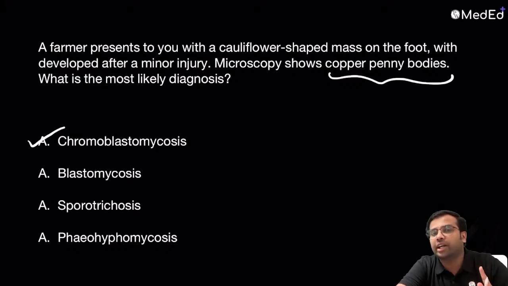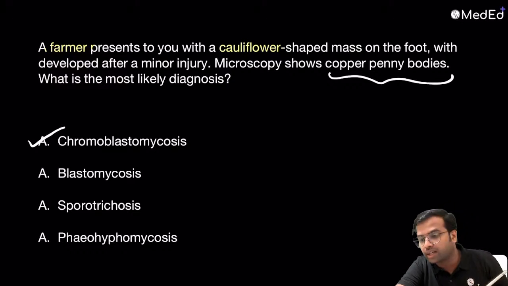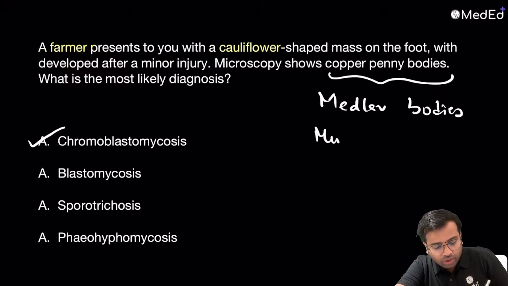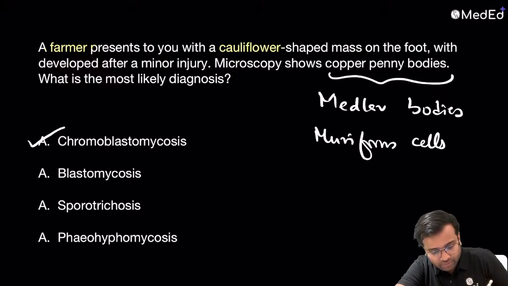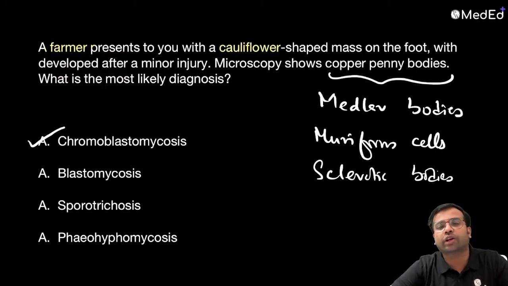So remember, deep fungal infections are very common in farmers. That is point number one. Second, if you find a cauliflower-like exophytic lesion, and under the microscope you find copper penny bodies, there are many names for copper penny bodies. What are the other names? It is also called medlar bodies, muriform cells, and sclerotic bodies. So medlar bodies, muriform cells, sclerotic bodies, copper penny bodies, all these are names for the same thing, which can be seen in this deep fungal infection called